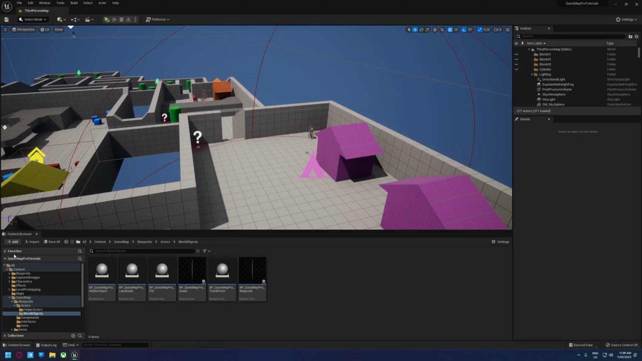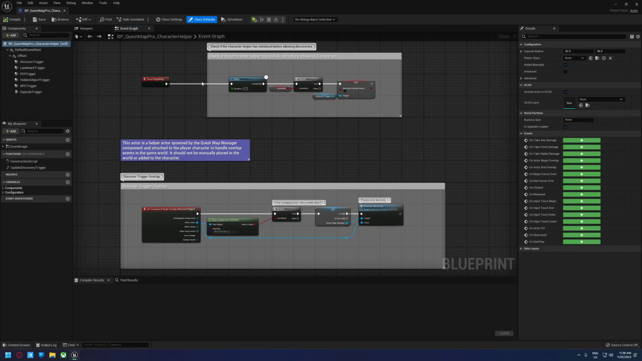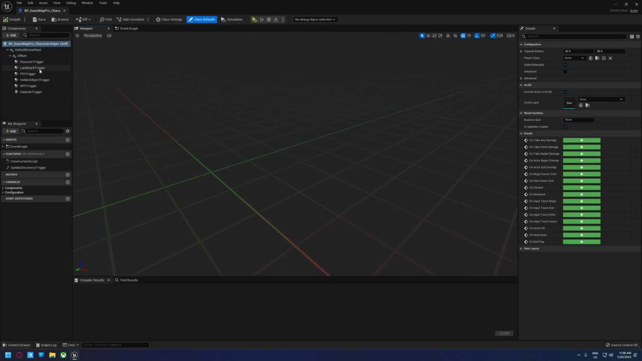In this video, I'm going to go over the process of setting up custom collision responses for the Quest Map Pro actors. Now, there's a couple of reasons you want to do this. If we open up the character helper here, this is the actor that has spawned onto your character. You can see that there's a number of collision volumes here. So we've got one for discovering things, one for landmarks, and that's all used to detect the specific actors that